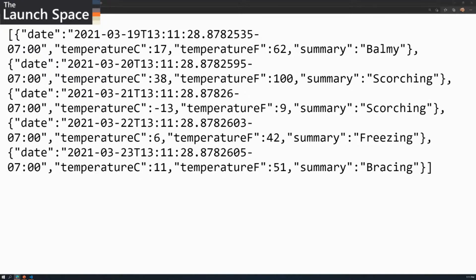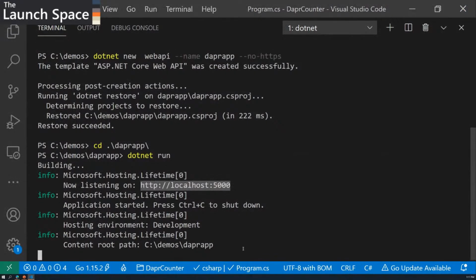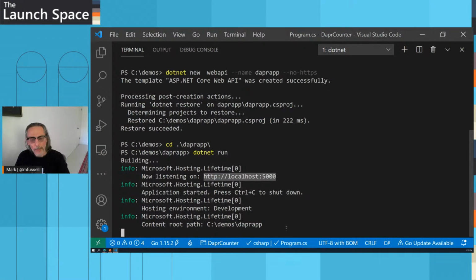Great. So we haven't done anything crazy just yet, but we're going to take this application and turn it into a Dapr-ized application. Now I've got this application, and I'm going to solve all those hard problems. If I was building this as a microservice, I would have to think about giving it a name so it can be discovered, how I talk to it securely, and how I turn on diagnostics. Well, Dapr takes care of all this for me.